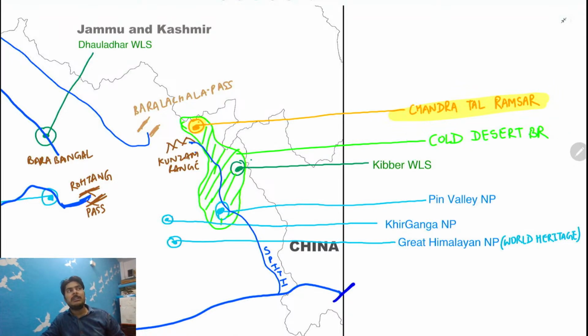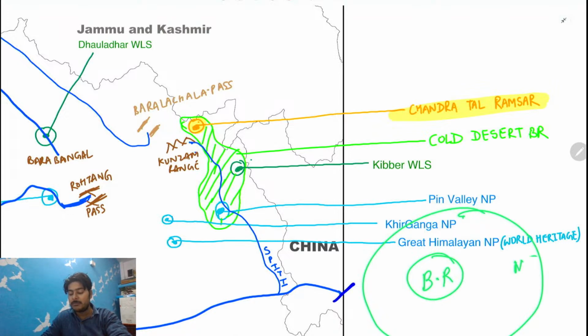Now, whenever we talk about national parks, biosphere reserves, tiger reserves, elephant reserves, in that condition the largest one is the biosphere reserve. Biosphere reserve. So in a biosphere reserve,